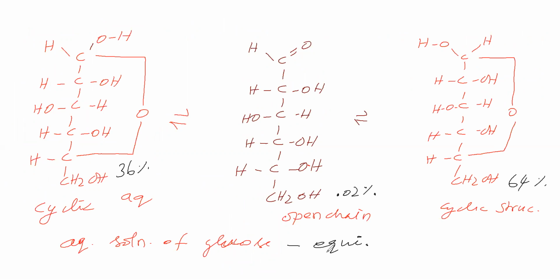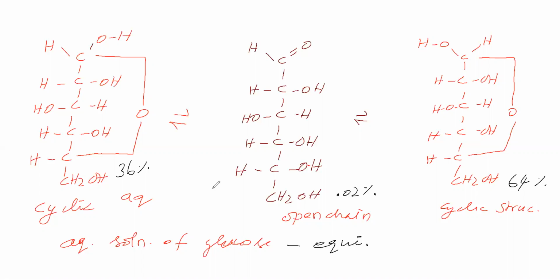If we change the medium, suppose acidic medium or basic medium, the position of equilibrium also changes. That is also of course correct. If you add acid into this, making it an acidic medium, the position of equilibrium will change. If you make it a basic medium, the position of equilibrium will also change, no doubt. So the aqueous solution of glucose reduces Tollens reagent because it has a free aldehyde group. That means the responsible one is the open chain form. This open chain form concentration is sufficient for reducing Tollens reagent.